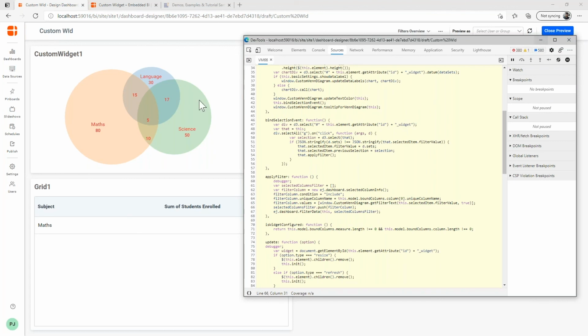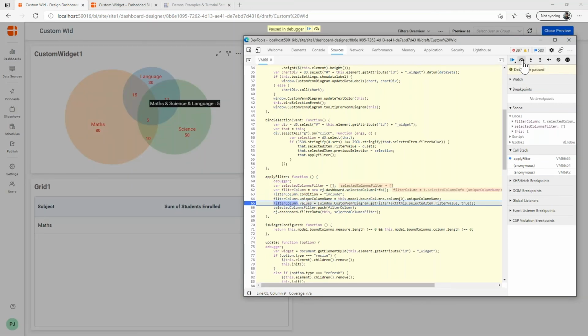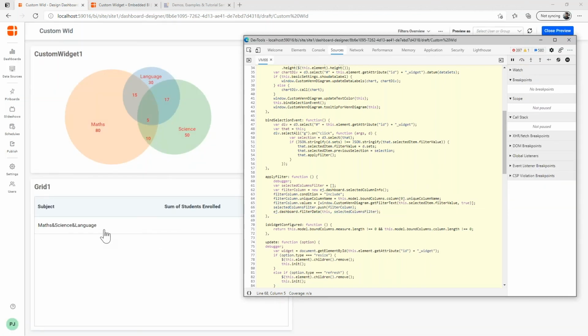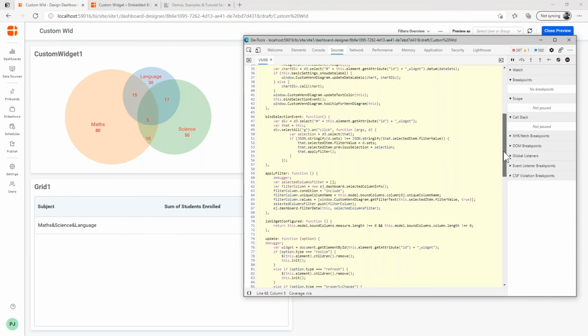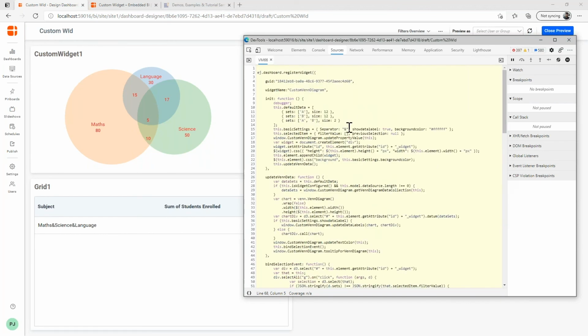So now let me click on any other element here. So again, you'll get the column name and the value, and you'll see the filtered value in the grid widget, right? So this is how you implement interaction or master interaction in the custom widget. Okay, so this is very simple, and we also have some examples already available in the documentation page, which you can download and use for reference.